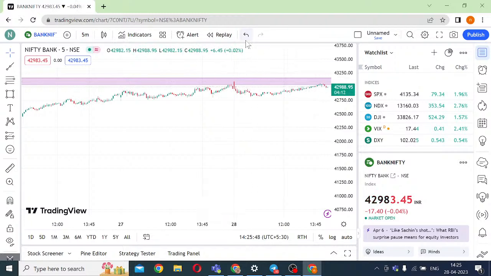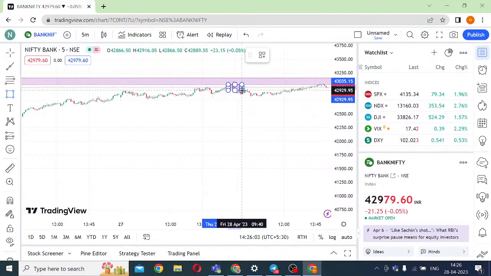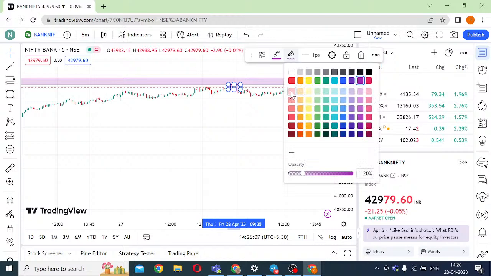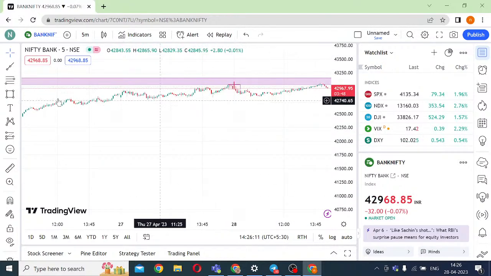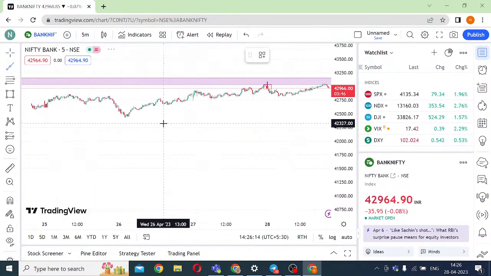So my expectation here is that I am trying to see if I'm getting any bearish candle which closes below the previous day closing. Where was the previous day closing? Previous day closing was here, this level. I am just shading it in a different color to make it easy for people to go through. Right now we are just focused on Bank Nifty. There was a bearish candle. It closed below this.